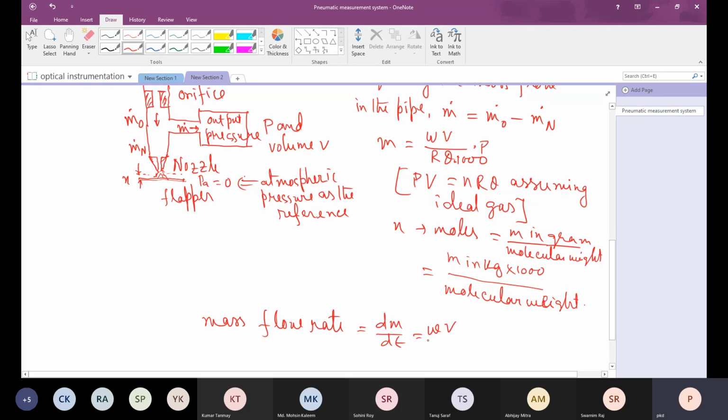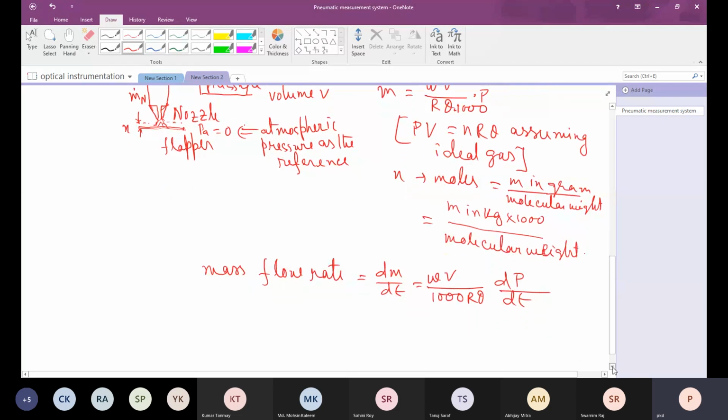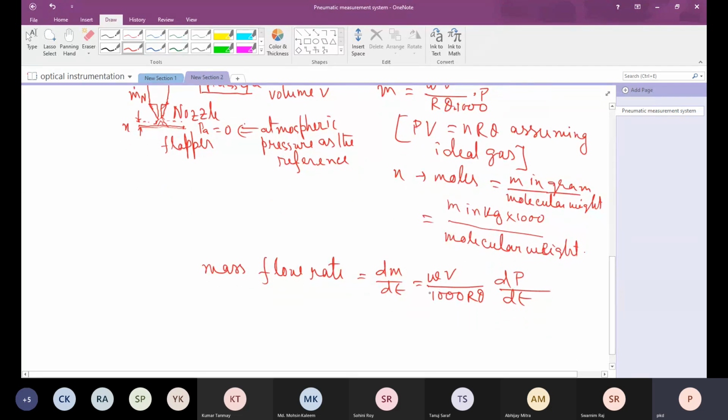So this is simply dm/dt, Wv by 1000 R theta, assuming that volume does not change. So therefore we have put this as constant dp/dt, and there is also no leakage, so that is also assumed. So this is, if we get the m dot, this is m dot,